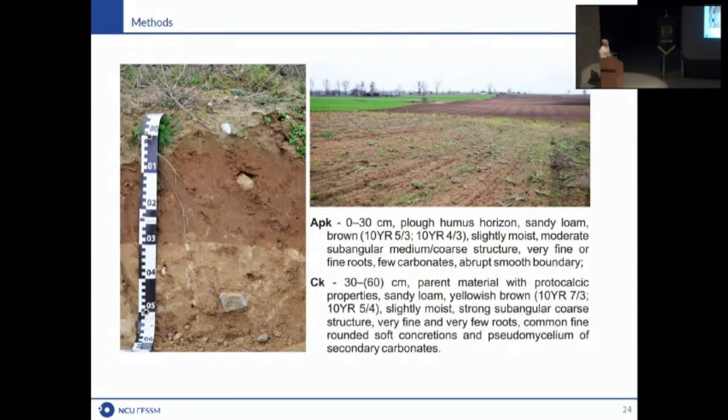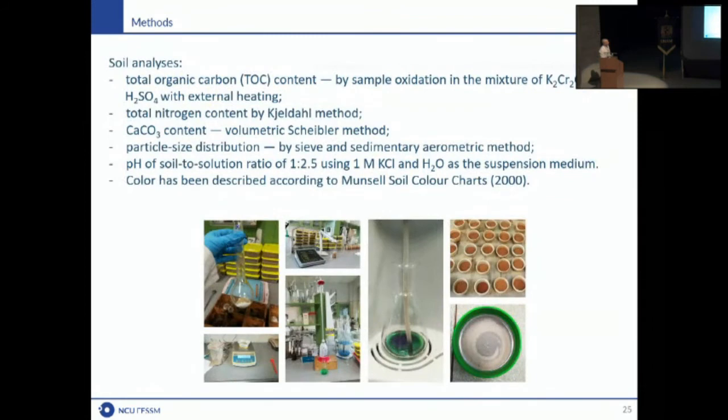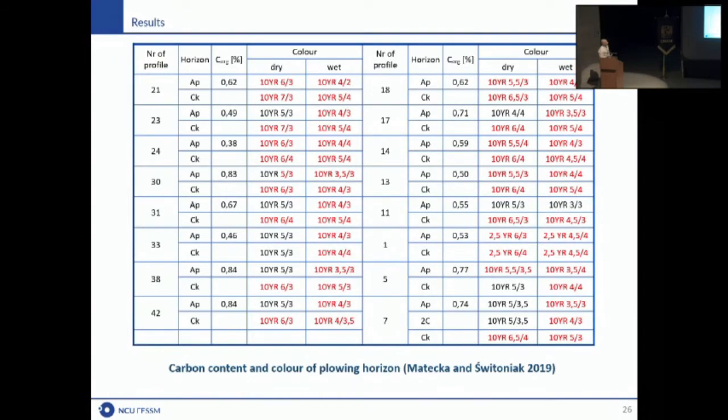And what we found according to the main properties, as I told you, mostly a weakly developed humus horizon and parent material with secondary carbonates, sometimes with gleyic properties and others. This is just the laboratory tests we made, so it's a very standard analysis. We also, of course, checked all of the diagnostic criteria of the color, of the amount of humus, organic carbon in the horizon before we made the soil classification.